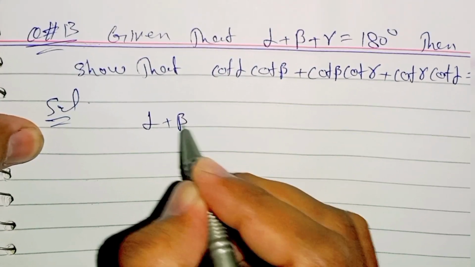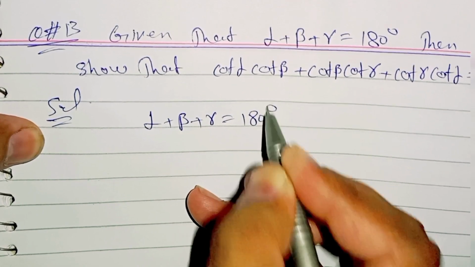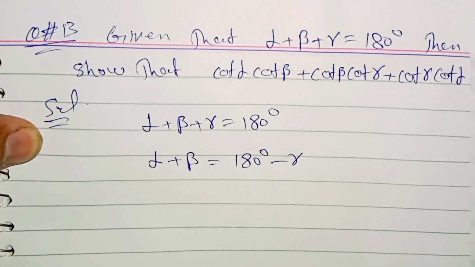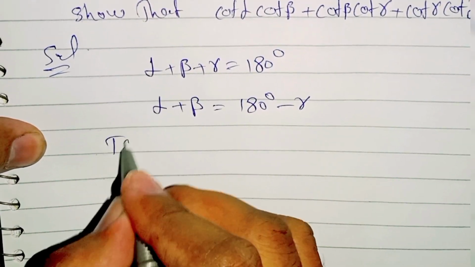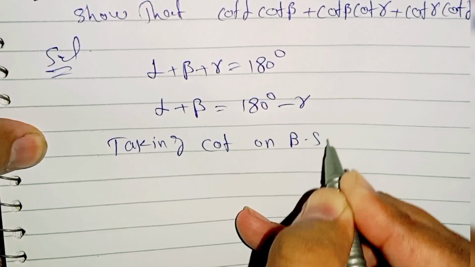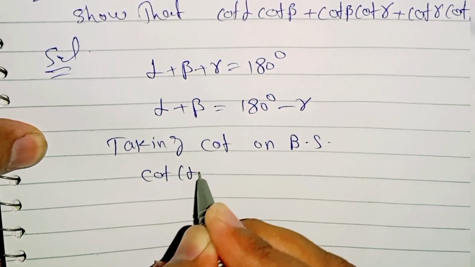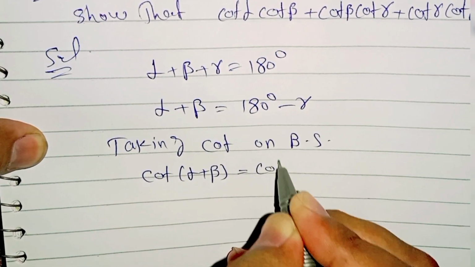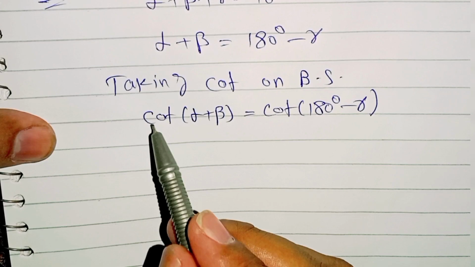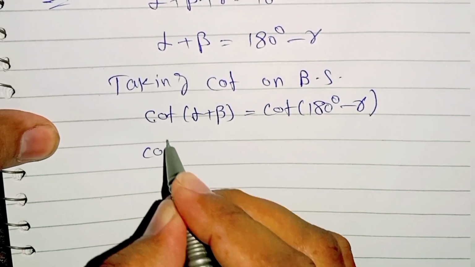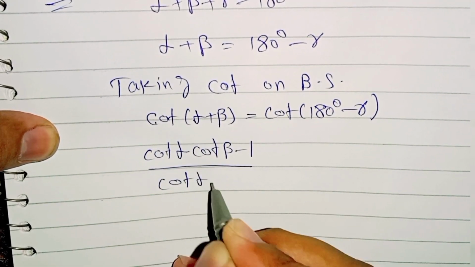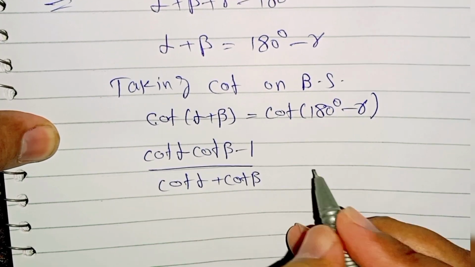Since alpha plus beta plus gamma is equal to 180 degree, therefore alpha plus beta is equal to 180 degree minus gamma. Taking cot function on both sides, cot of alpha plus beta is equal to cot of 180 degree minus gamma. Now we use the formula for cot alpha plus beta, cot alpha cot beta minus 1 over cot alpha plus cot beta,